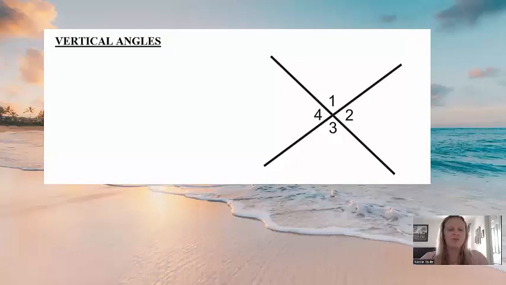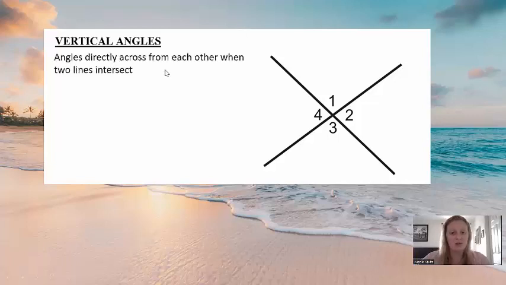Right, so another term for us to learn is vertical angles. So first off, in order to have vertical angles, you need lines that intersect, aka lines that crisscross. All right. When you have lines that intersect, the angles that are directly across from each other are what we call vertical angles. So for example, angle 1 is directly across from angle 3, and angle 2 is directly across